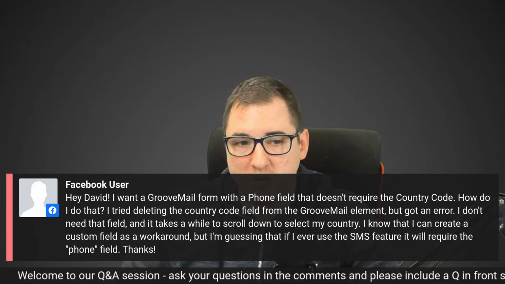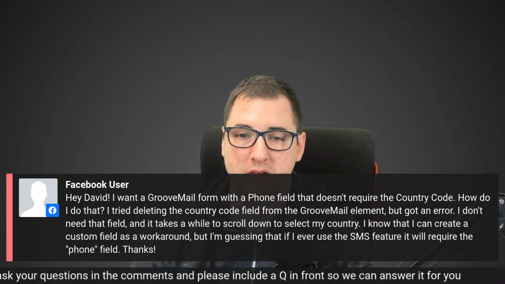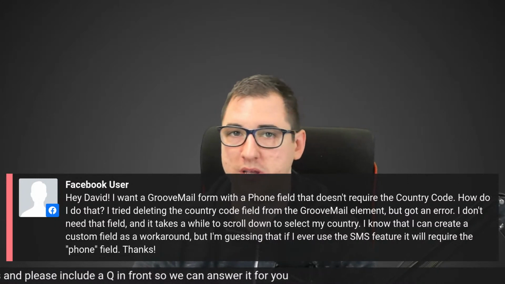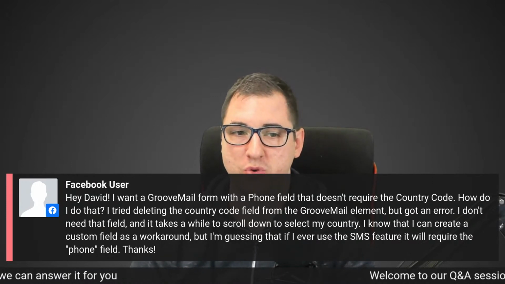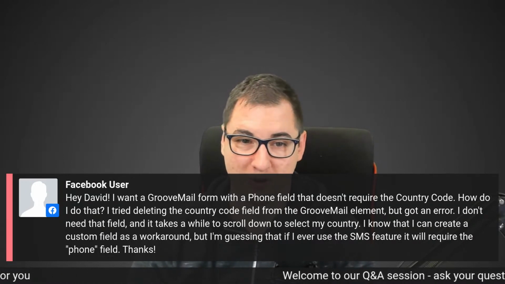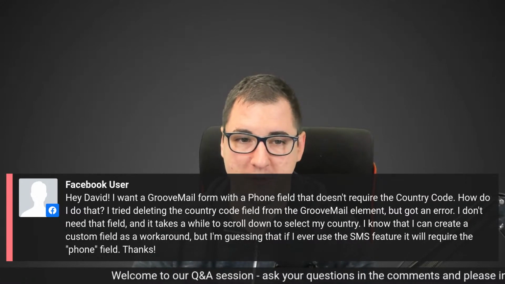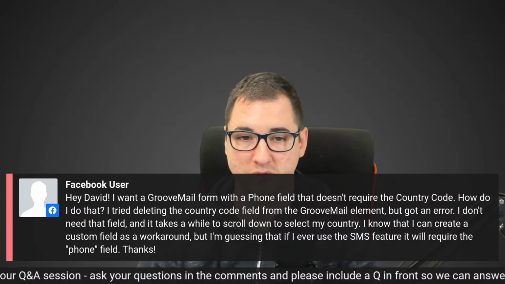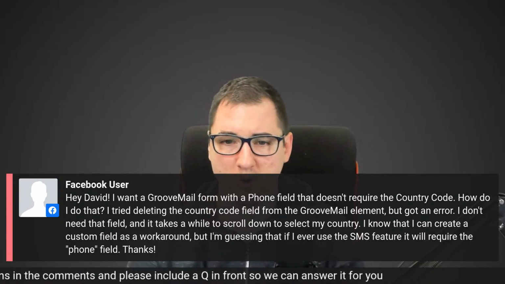Correct. Yeah. So you need to use the phone field to actually use the Twilio SMS integrations or things like that. So you could use the custom field, as you said, as a workaround, but that's not going to work. At this moment, there is no other way, unfortunately, other than using the country code. But I'm not quite sure what the issue is. It's just that it's a long scroll, or